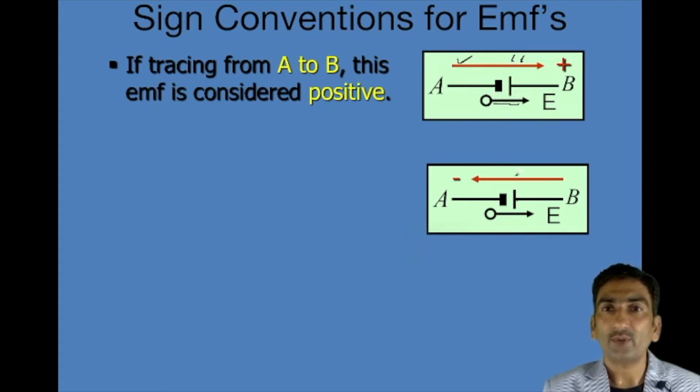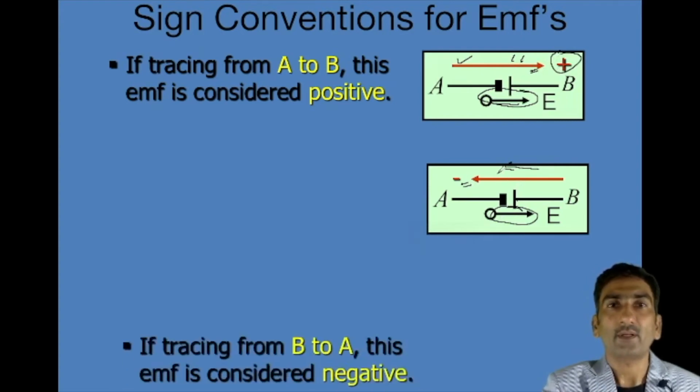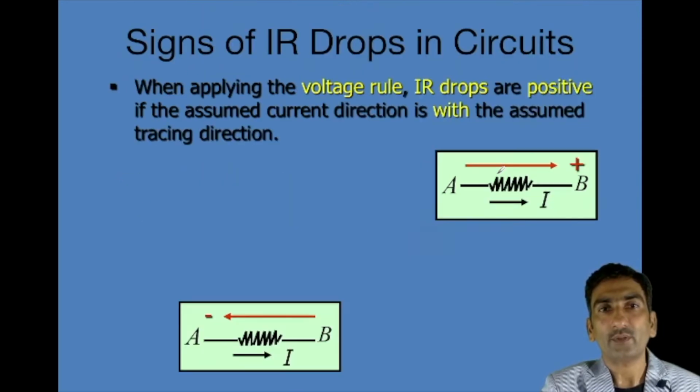But if your tracing direction is opposite to your battery's current, then you have to use its negative one. Simply, this arrow is the same in both pictures here, only the direction changes. So if they are parallel, take positive; if they are opposite, take negative, that's it. Okay, EMF. So what is the sign convention for